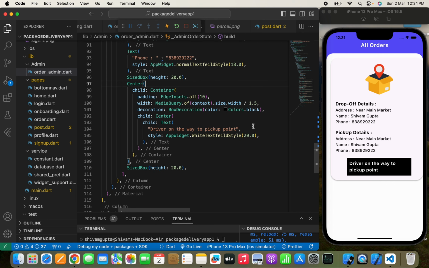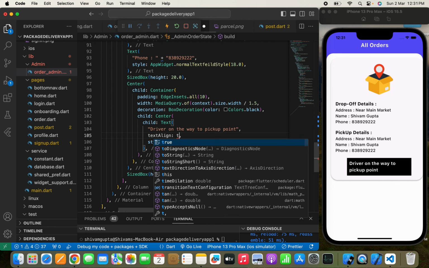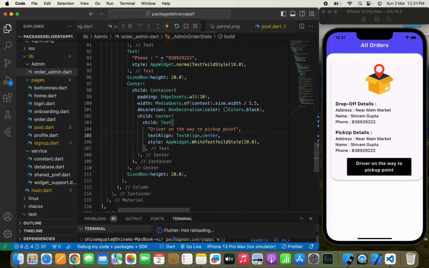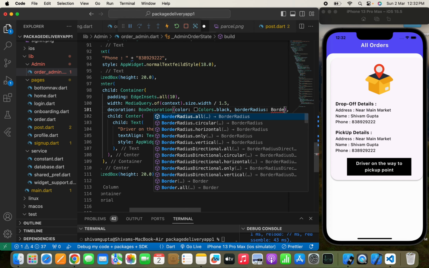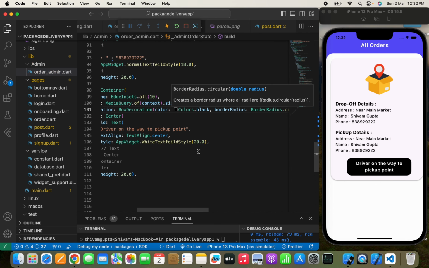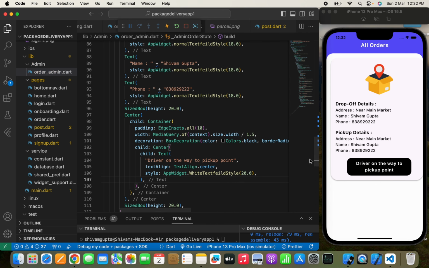Now here we can pass a text align so that it will look good, I guess. TextAlign.center, something like this. Now we can just pass a border radius. For the border radius I'll just pass BorderRadius.circular. Let's pass 20. Yeah, so this is the first button that we have created, where the driver on the way